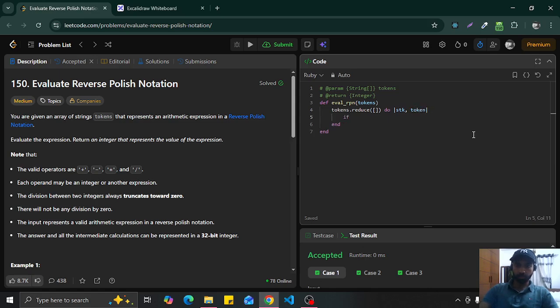So every time we get an arithmetic operator, so plus, minus, multiply, okay. So if the token is any of the operators,